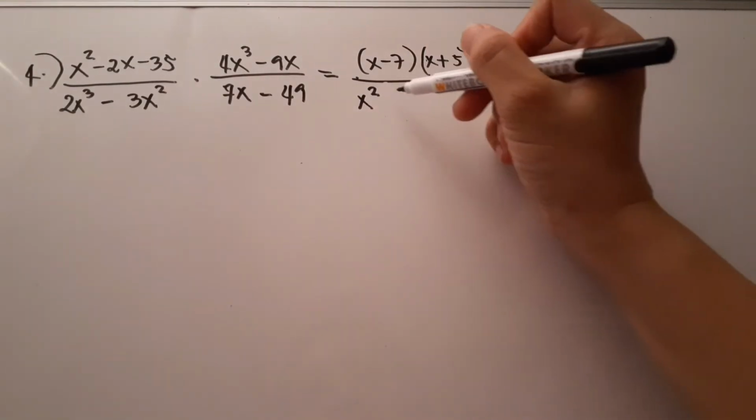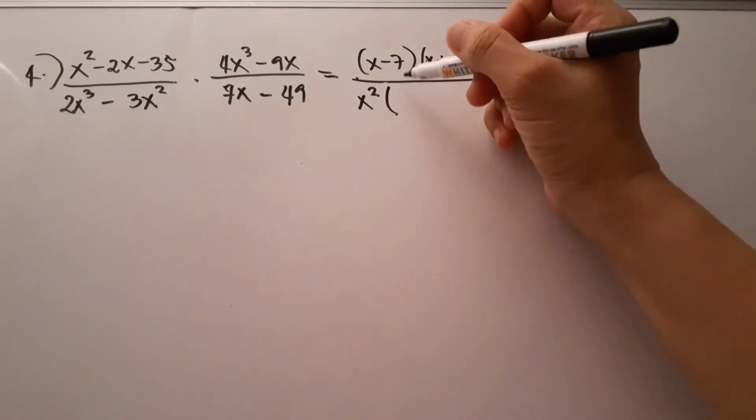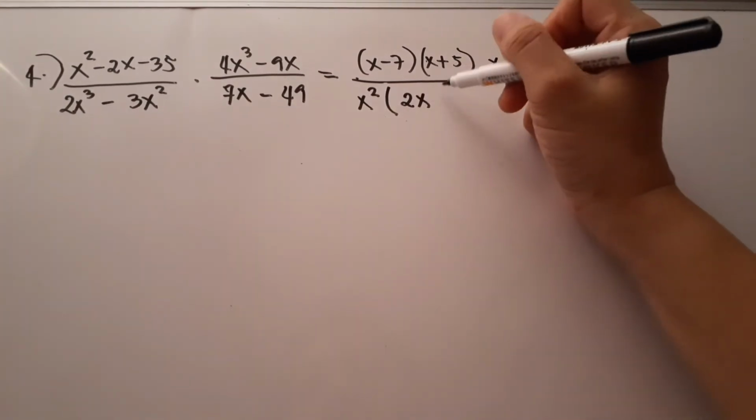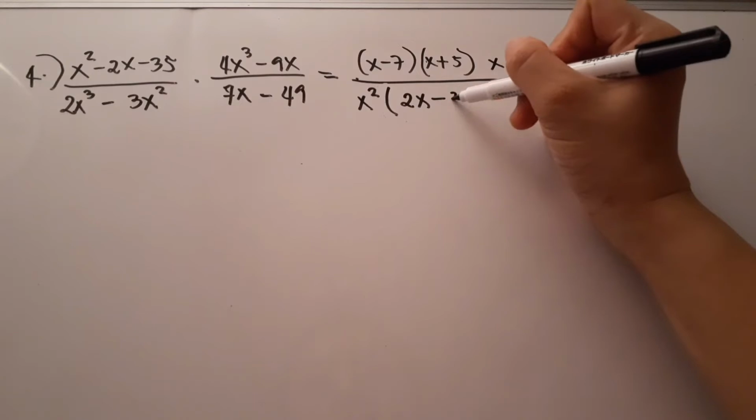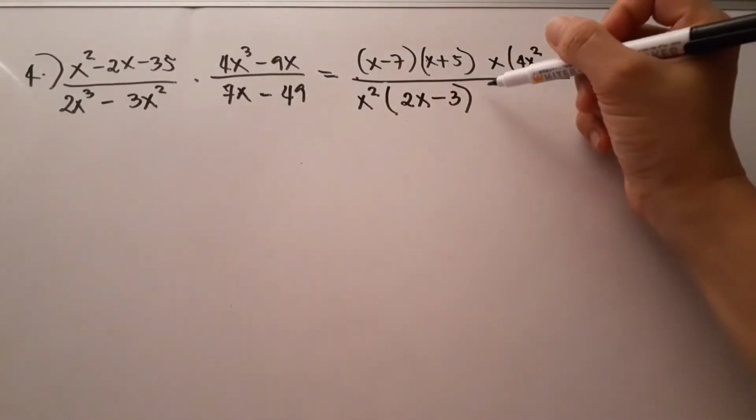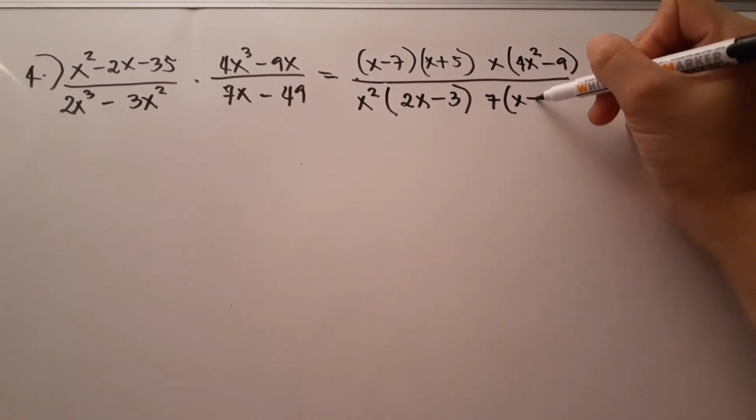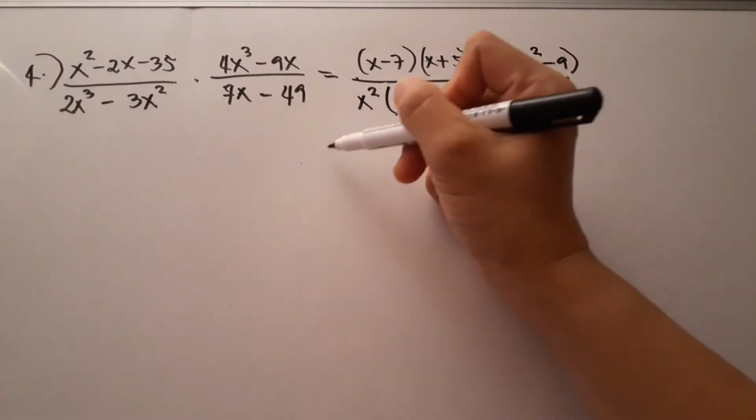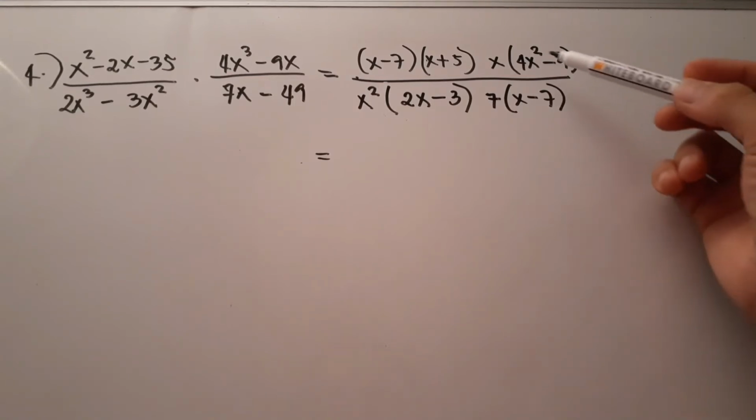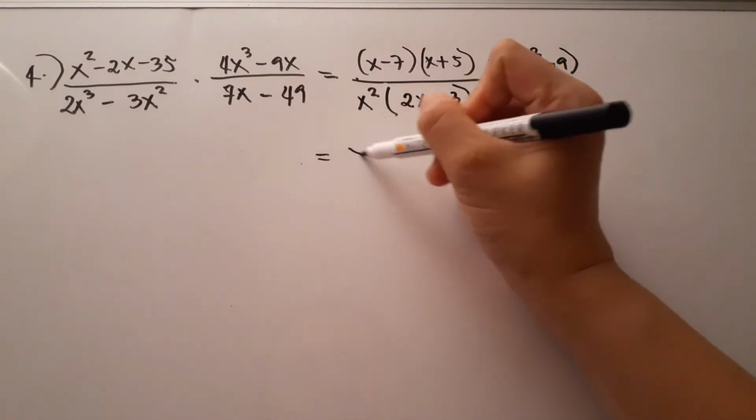4x cubed minus 9x. So we can have x times 4x squared minus 9, this is our factor, and the other one from the denominator we have x squared times 2x minus 3, which becomes 2x cubed minus 3x squared, this is our factor. And from the second fraction's denominator we have 7 times x minus 7. So we can cancel out the common factor, so we can have